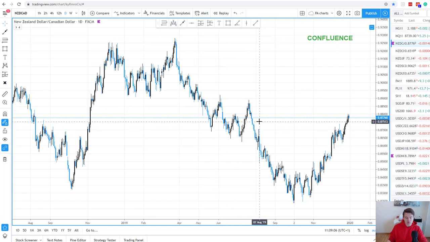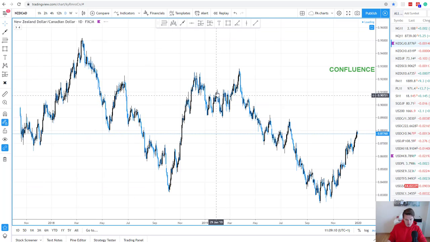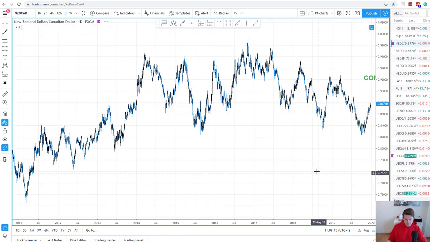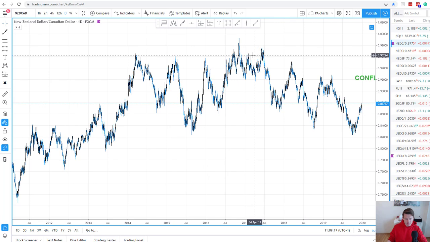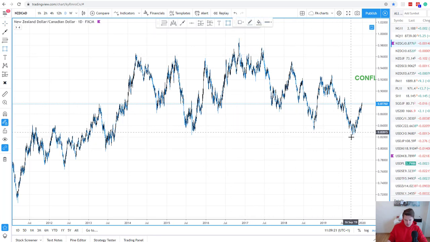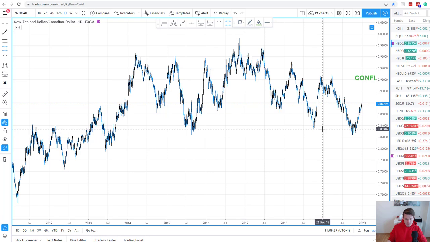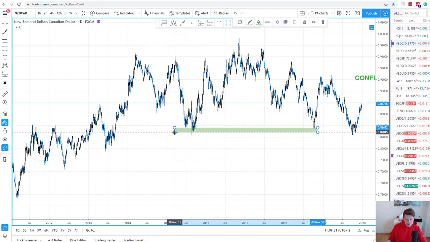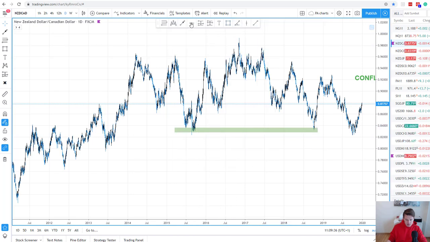And not only that, I look for specific areas where it would make sense that the market is going to turn around. When you zoom out, for example, you can pretty much see it without even drawing a level on it. This is the level or the area that we have talked about. Just using your crosshair here on TradingView, you can see that this area and this area here really nicely line up. So if we are going to put a horizontal level on it,